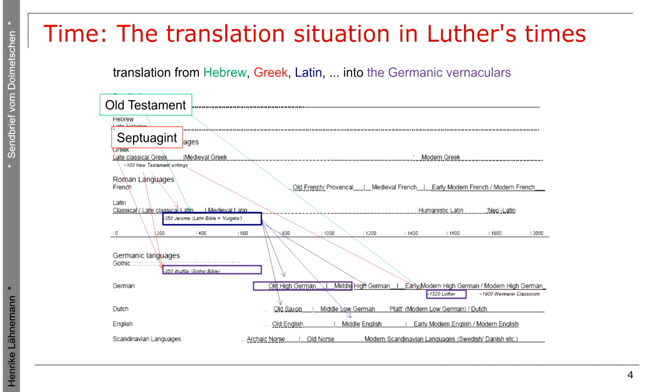So the translation situation in Luther's time for the Bible is fairly complex, because pretty much up to a few years before Luther starts translating, the way in which you could approach the Bible was through the Latin translation of Jerome, who translated in the 4th century, standardizing regional circulating variations